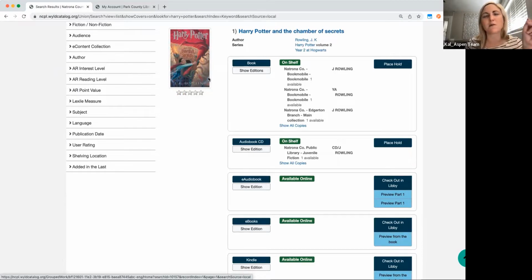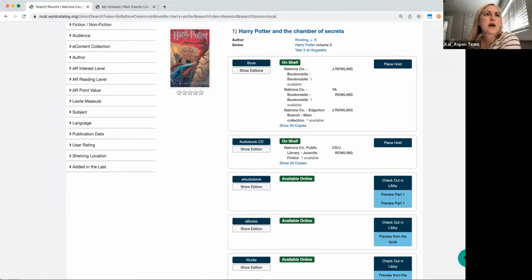So again, I would default to the WYLD team on how they were going to handle that, because the cover images are coming in from a variety of places. They're coming in from your e-content providers. If you have them on your ILS, you can manually upload a cover image to things. So they could be coming in from a variety of different sources.